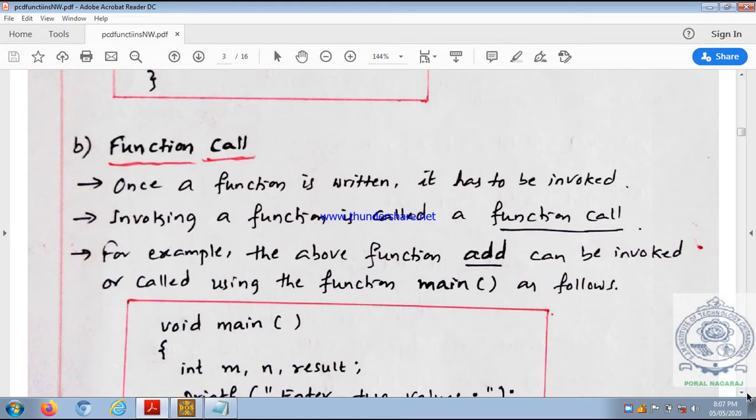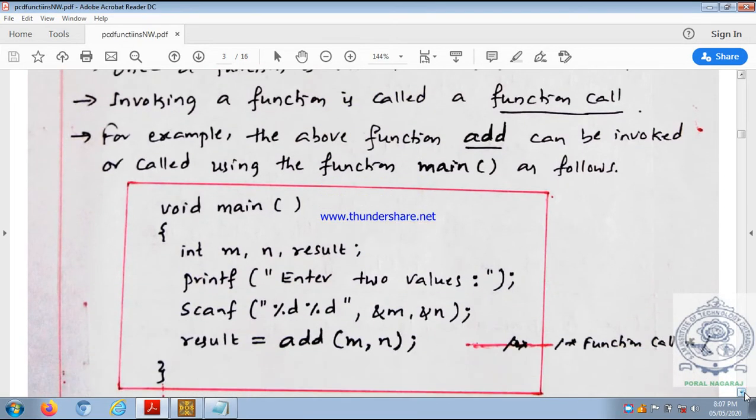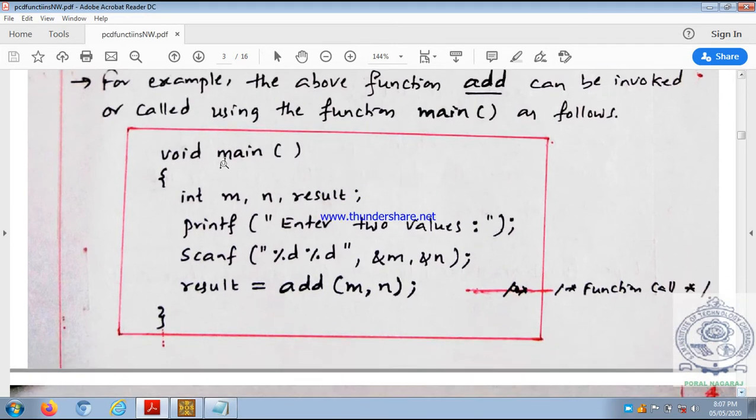So for example, the above function add can be invoked or called using function main as follows. So you know main program is written here, or main function. So void main, okay, opening brace, closing brace. Within that we have declared 3 variables, m comma n comma result of data type integer. So printf, enter 2 values, scanf %d.